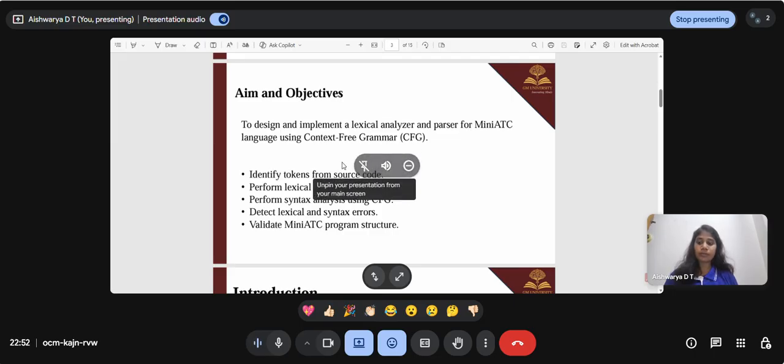The objectives of this project are to identify tokens from source code and perform lexical analysis, perform syntax analysis using a context-free grammar, and also to validate the structure of a mini ATC program. Next,